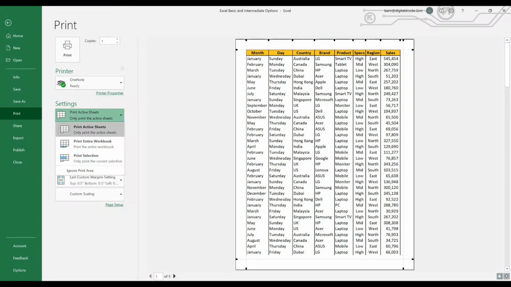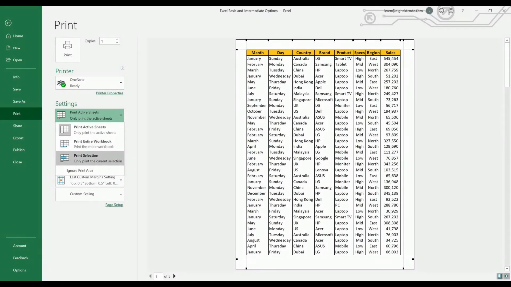take print only for the active sheet. You have 10 sheets, and you want to take a printout for the active sheet, whatever data is there in the active sheet, so you can use this. If you want to take print for the entire workbook, you have 10 worksheets, just a click of this button and you will get a printing document for all the data available in all the sheets.